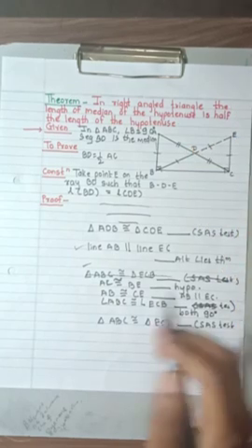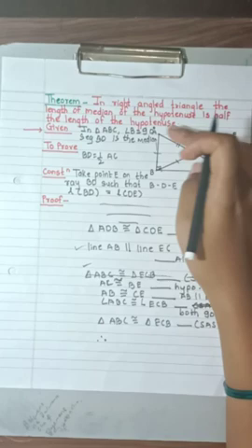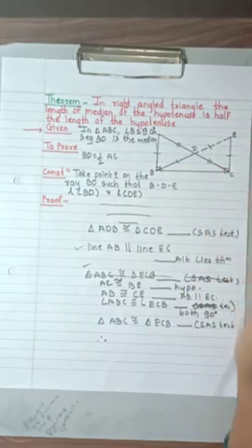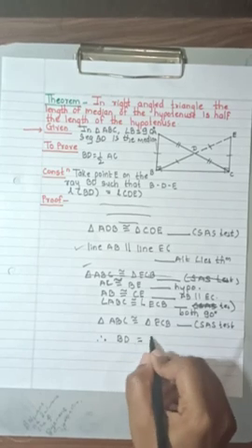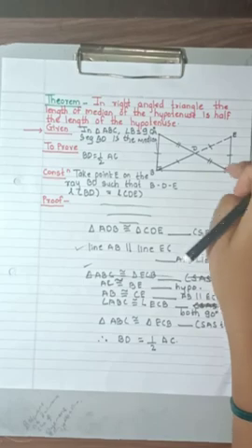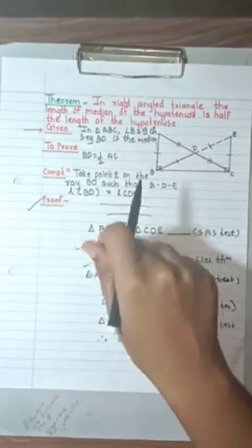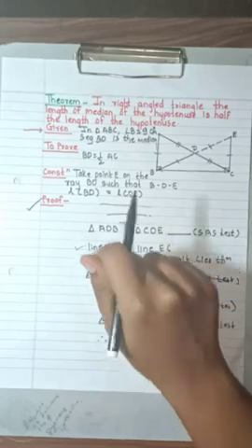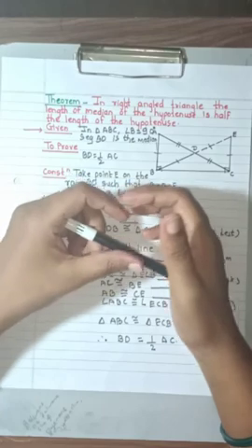Then finally you will get that as BD is the median of this right angle triangle, it will be half of AC. BD will be half of AC. So as a part of homework you will be writing the proof of this theorem. So this was all for today's session. In the next session we shall start with practice set 3.4.